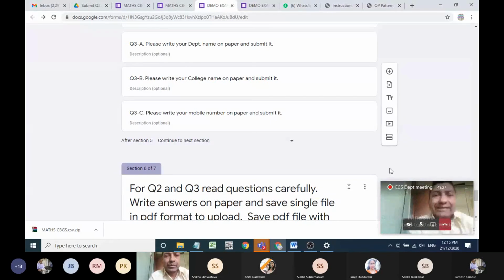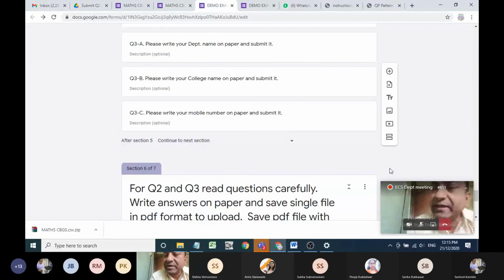And for questions, there is no limitation. The limitation is only for the answer sheet. Yes, sir. Actually, in electrical network there are images, sir. No issue, because they are just taking a photo and converting it into PDF, so that size is very small.